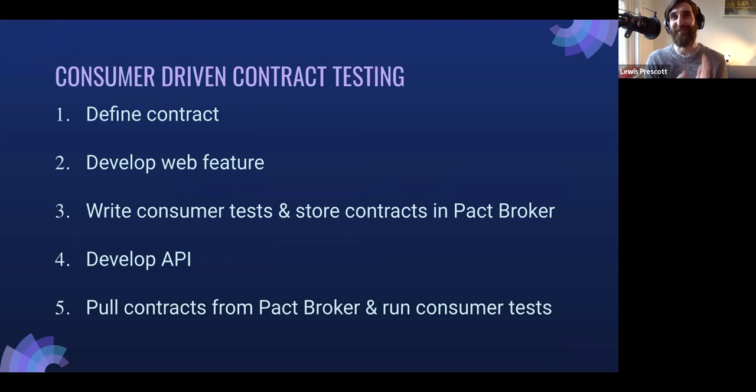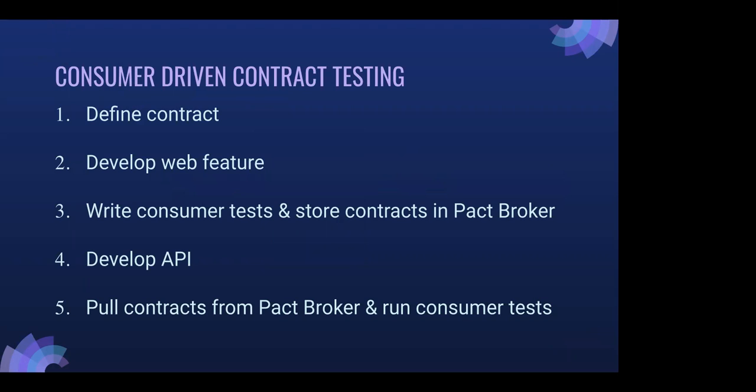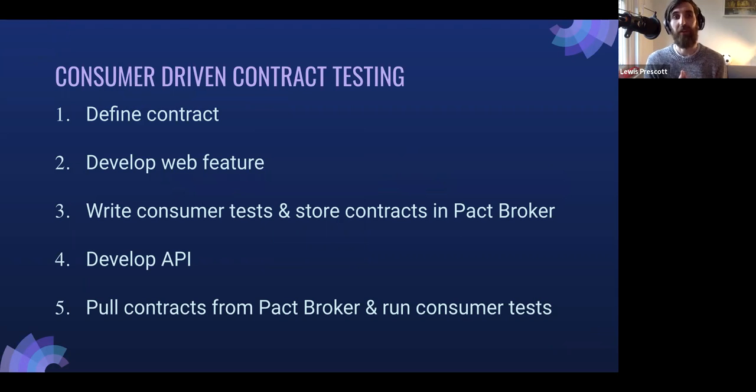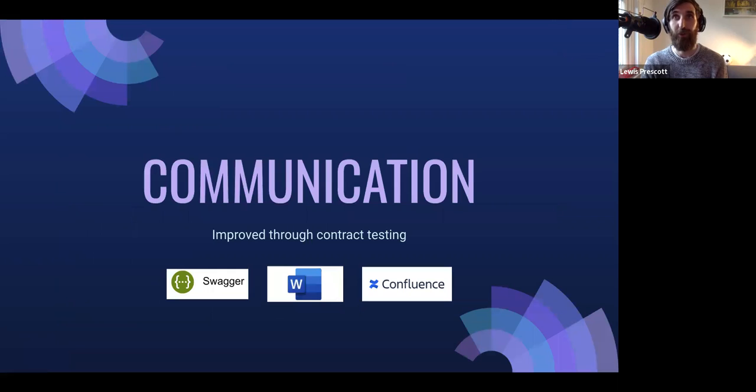So let's break it down into very simple steps. You define your contract, you develop the web part of the feature. You can also develop the API side by side if you wanted to. Write the consumer tests, store those in Pactflow in the broker, develop the API side, pull the contracts from the Pact broker and run the consumer tests. All good, simple steps. It's quite hard to grasp just in describing, but yeah, check out the Pactflow documentation for